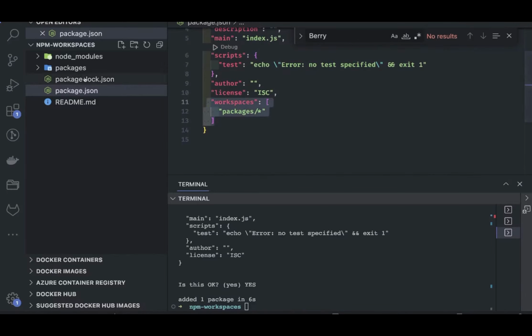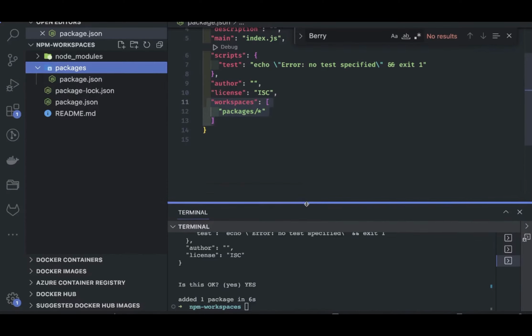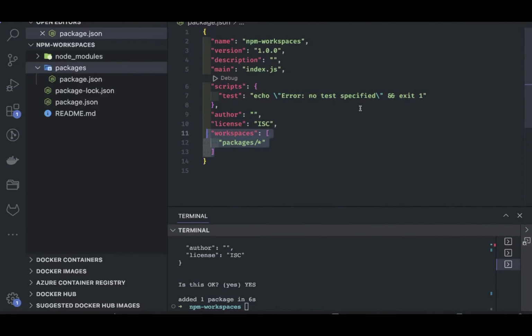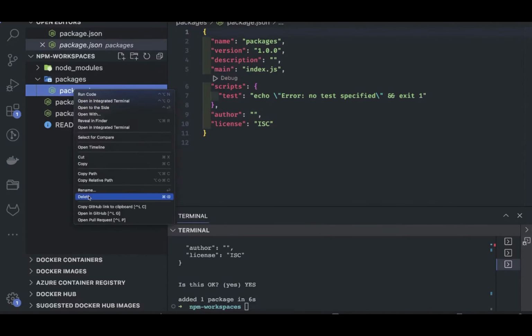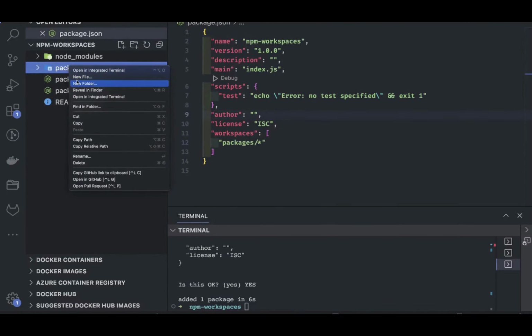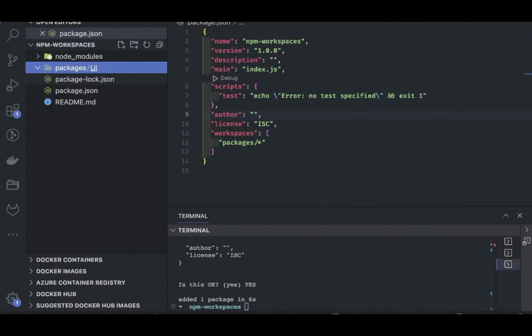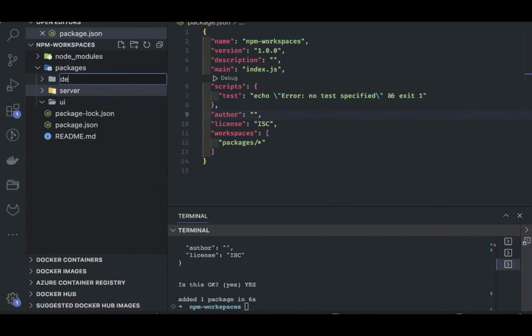Whatever you are going to put inside packages will be considered inside a PNPM workspace, YARN workspace, or NPM workspace. Currently we are talking about NPM workspace. Whatever you put inside the packages will become a part of the workspace. So here you can create multiple workspaces like simple folders. Here I will be creating multiple folders. Let's say the UI, let's rename it to simple UI, and then you can have server, demo, client,